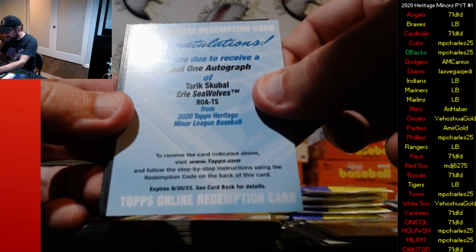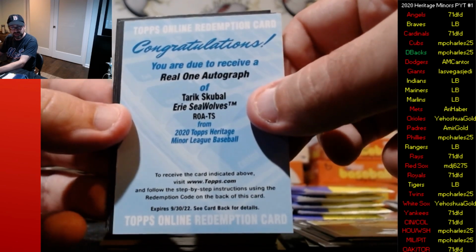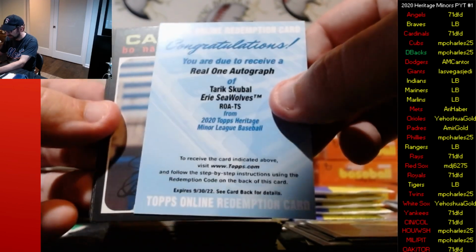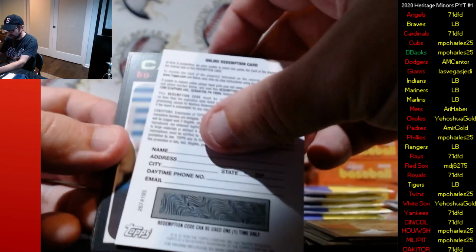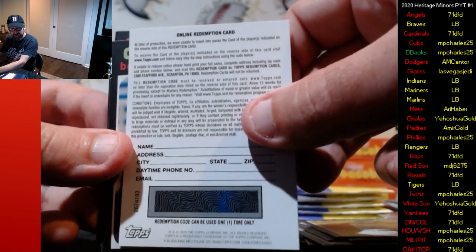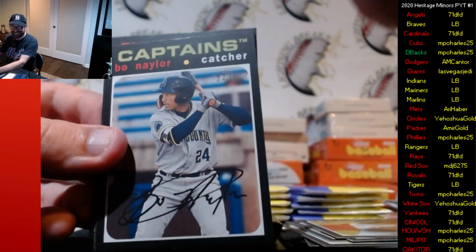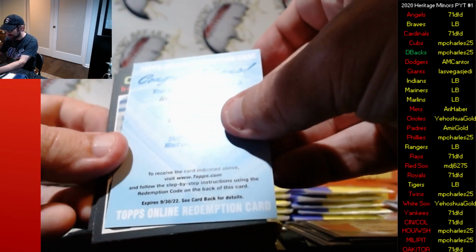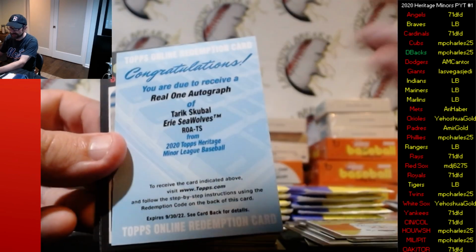A real one autograph of Tariq Skubal. So for those of you who don't know what a redemption is, you get this card, it has a scratch off on the back. You go to the Topps website, you scratch that off, you enter in the code, and they'll mail you the card. Luis Robert is not in this. But that's awesome. So this redemption goes to the Tigers, and like I said, the Tigers had a lot of